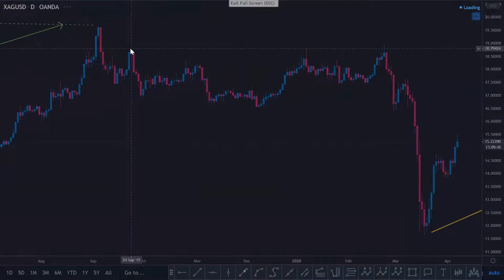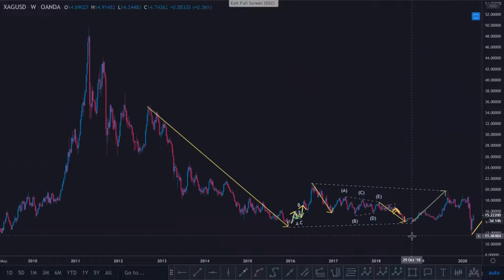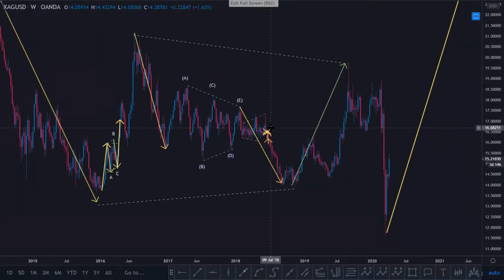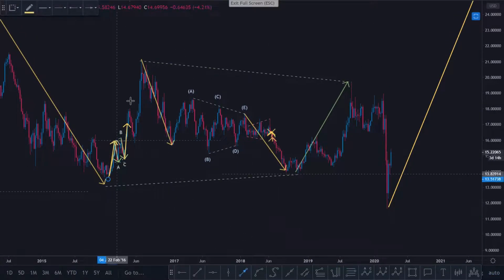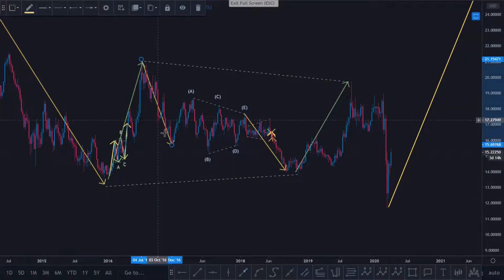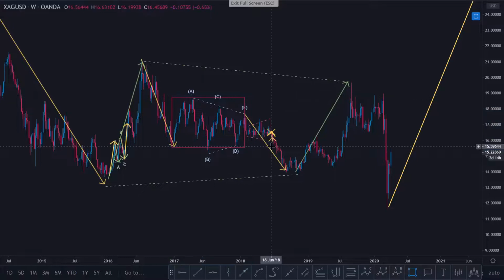So looking at the higher time frames, we got a really good trade off of silver in late 2018 and the early parts of 2019. We've got a strong move to the downside, and this is what really interested us for a long trade. We had this impulse to the upside, a corrective impulse to the upside, following this impulse to the downside. Then we had some really good price action. We had the impulse with a correction in the middle, which turned out to be a triangle, and an impulse to the downside. And we had the double bottom